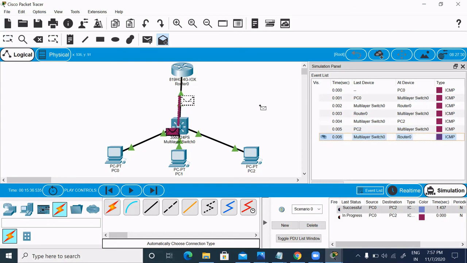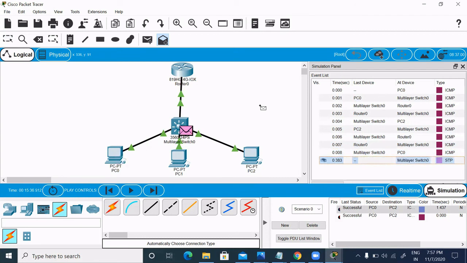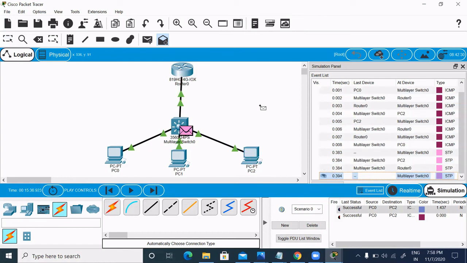Right. So what happened there is that the packet went to the switch, and then from the switch went to the router, and then came back down from the router to the switch over to PC3. Yeah, because in a router there are fewer ports, so normally we do not connect directly on the router. We can connect directly for lab purposes, but practically you will not do that. You will connect a switch in between.